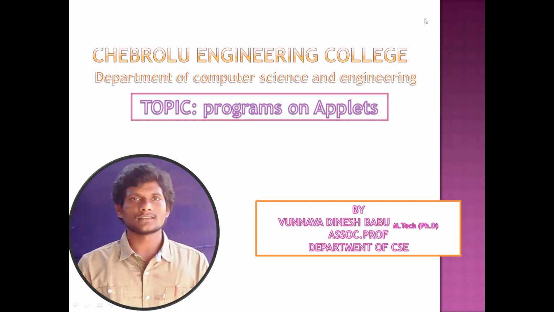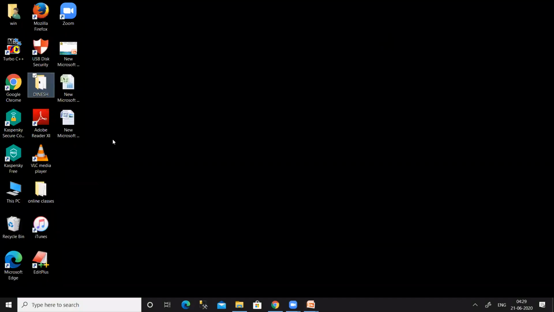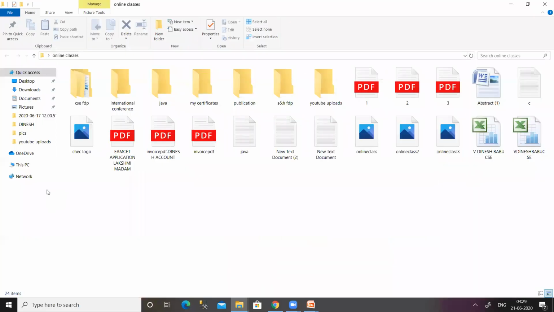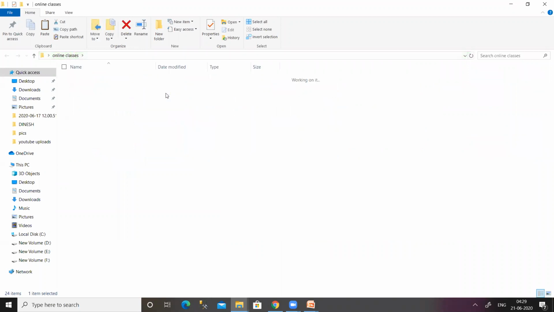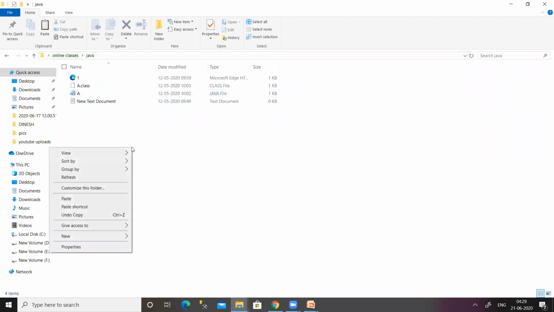In this first applet program, I'm going to write about how to display some text on applet. So let us start this program.